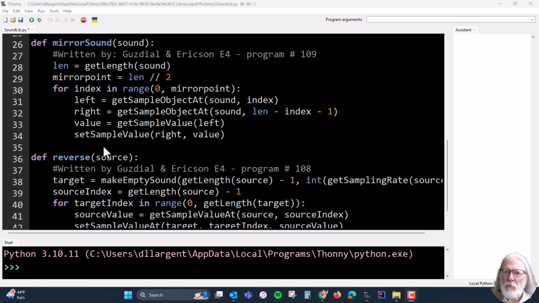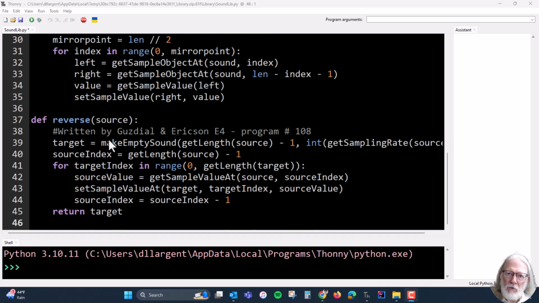And then lastly, we have the reverse function, which is very similar to the mirror. The difference is that mirror is only going to read half of the samples and place them into the right side in a mirrored fashion. Reverse is going to take the entire sound and invert it into a new sound. So it's like doing a complete mirror, but into a new sound. So we're giving it just the source sound. Since we're creating a brand new one, we have to create the empty sound to place it into. We tell it the length is based off of the original sound, minus 1. We get the sampling rate of the original,